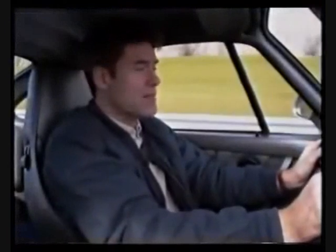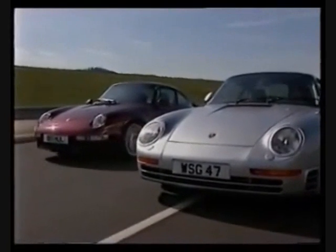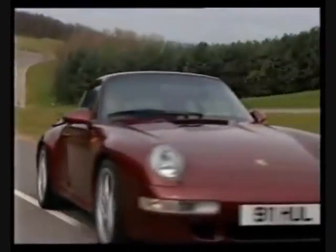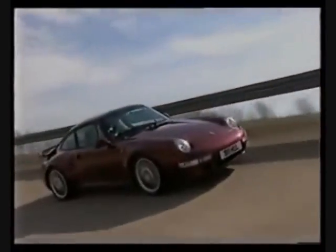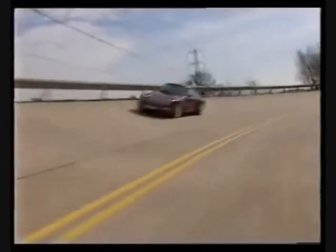Supercar meant super fast, and no production Porsche could get anywhere near the 959. But now, the new 911 Turbo does just that. For the first time, it's 4-wheel drive. For the first time, the 3.6 litre engine has twin turbos. They give it 408 horsepower, 0 to 60 in just over 4 seconds, and a top speed of 180 miles